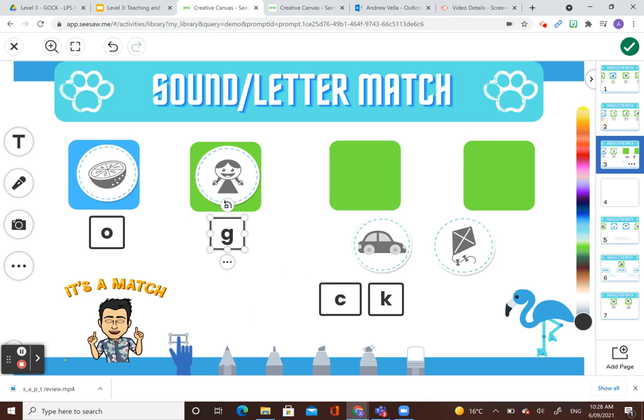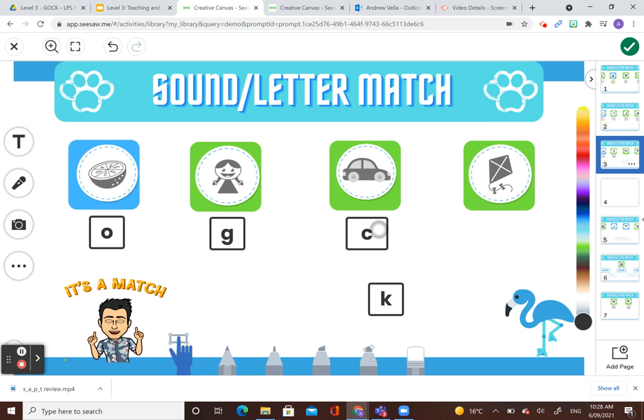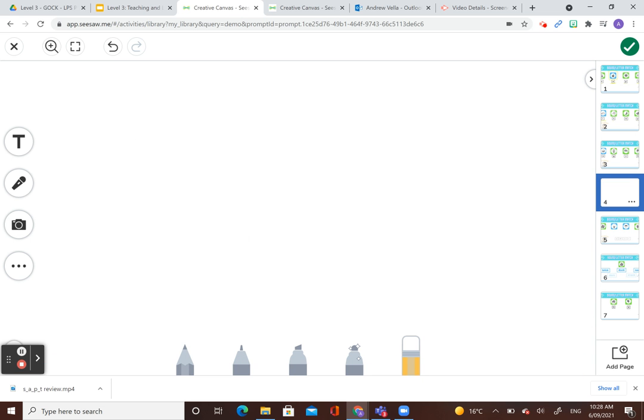Our next sound is represented by two graphemes, K. K can be represented by the letter C, but K can also be represented by the letter K. I'm going to go into that a little bit more again on the next page. Now, you might remember from a few weeks ago